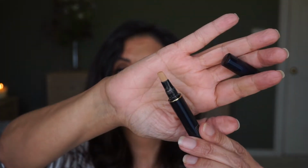And I forgot to mention this one has 24 shades, which is not bad. Now this concealer by Clé de Peau, the Radiant Corrector for the eyes. Do like this one, and this is in the shade Buff, and it's what I'm using right now. This one does come in a little brush tip. It comes with the clicker, and I like the clicker. I just click it twice, and it's enough for each eye. And with this one, I need to use a stiff brush to blend it